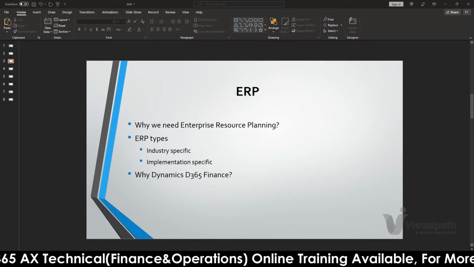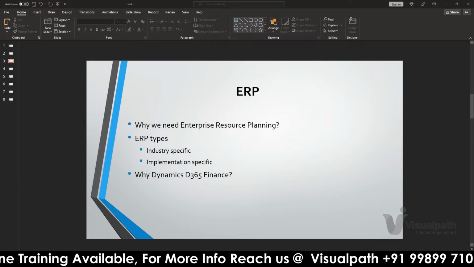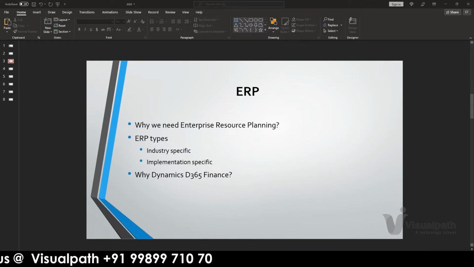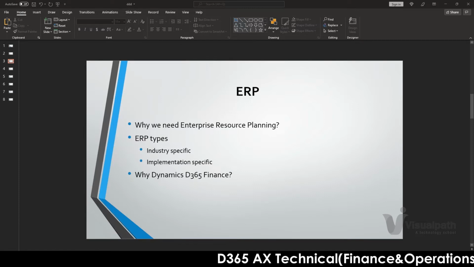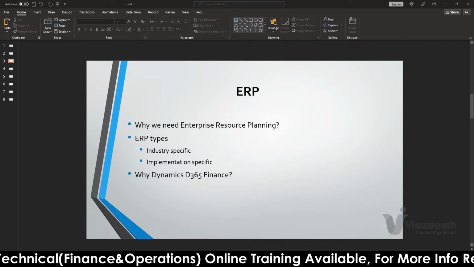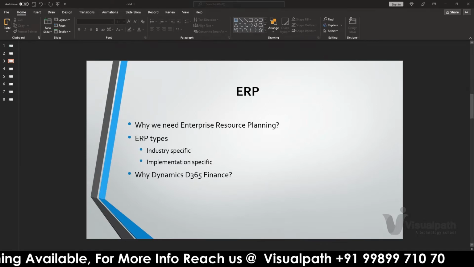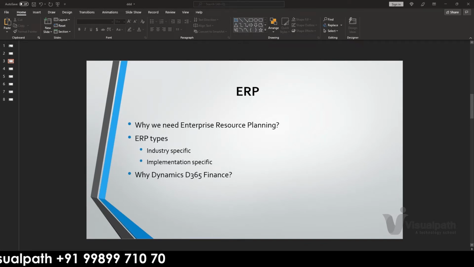And the other important thing is that if we want to integrate something, we are lucky to have Office 365 coming along with this package. The mail integration and file integration made our life easy. Of course, many other third-party integrations can also be done. I'm just naming a few advantages of why we can choose Dynamics 365.